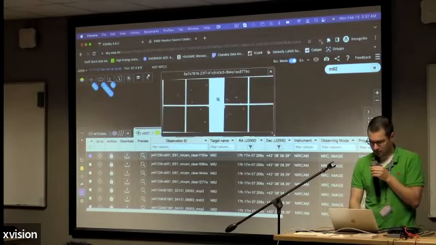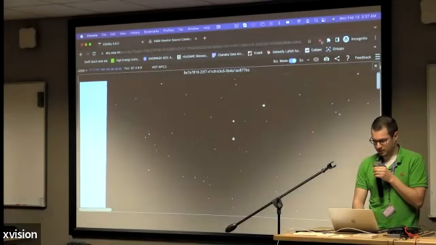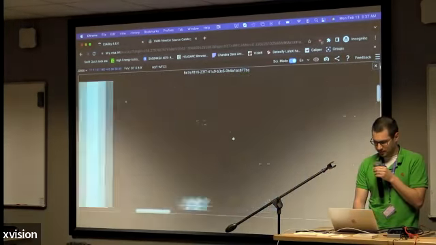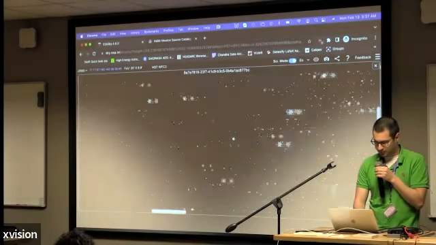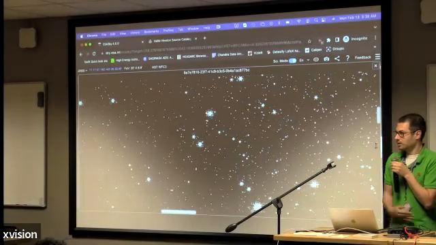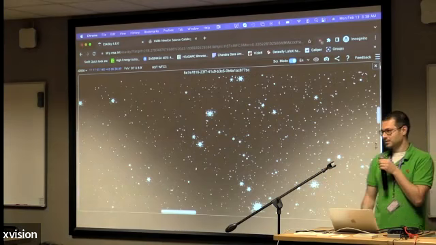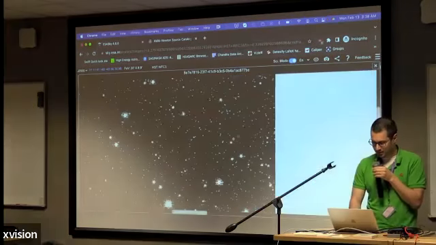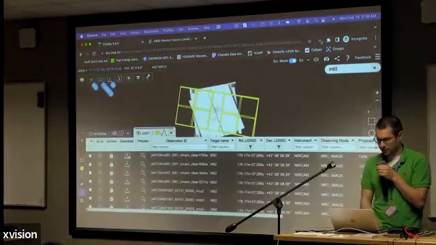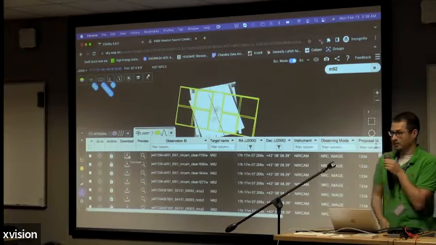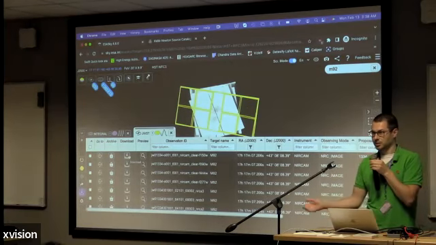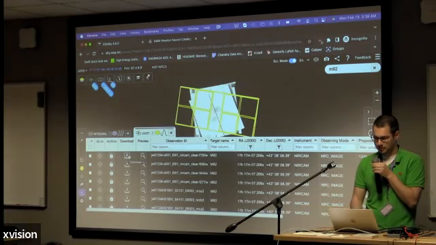What you see here is basically the James Webb observation of this globular cluster, which is pretty awesome, that you can kind of ignore all of the data archives and just get it straight from ESA Sky. Furthermore, if you want to open it in DS9, you can click this download button and it'll directly download the data and you can play around with it in DS9 and do whatever you want to do with it.